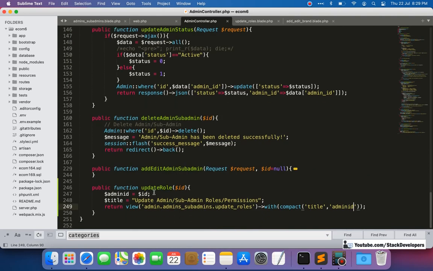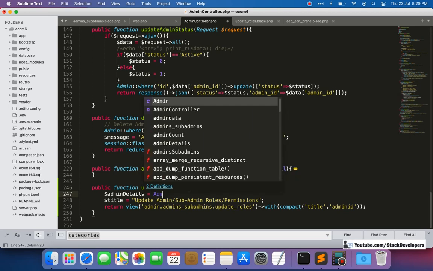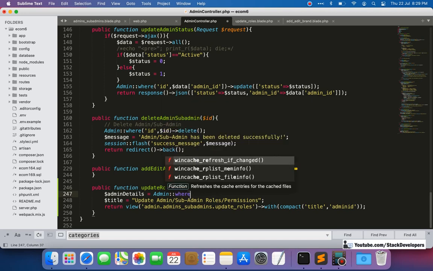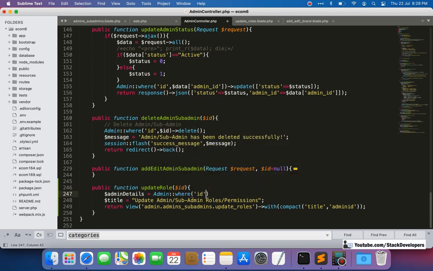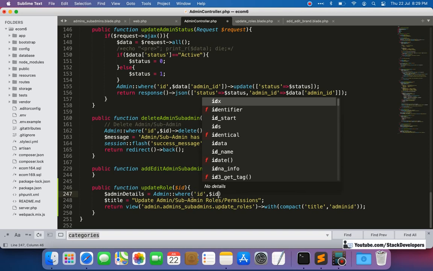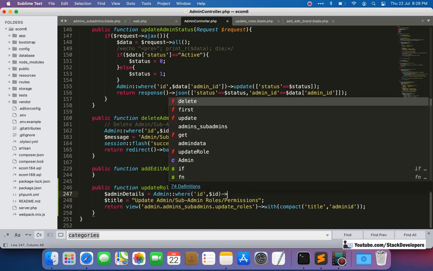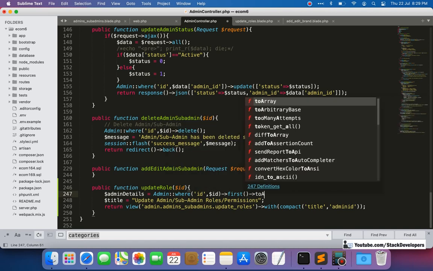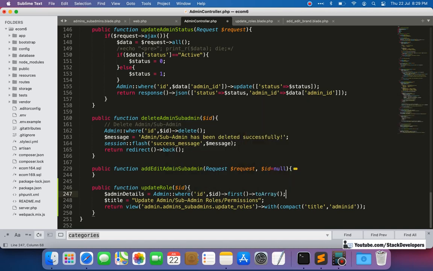Or we can do one more thing here, except this one. We can do admin details here, and admin details we can get from Admin where id, it looks better than that. Okay, id. Then we can simply get first, and we can use toArray here.